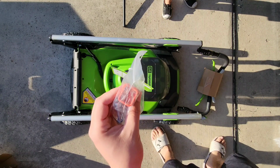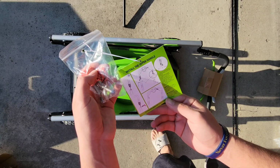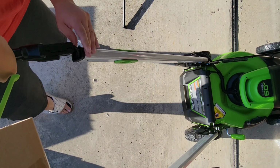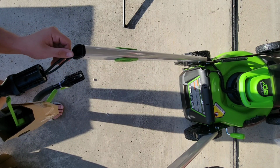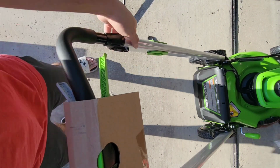Probably like 20 minutes. It was a struggle. I don't know what I was doing wrong. I don't know if it just did not work out very well. But at least a folding and unfolding lawnmower is real easy. And then from there, after I've finally been able to get these into the lawnmower properly,